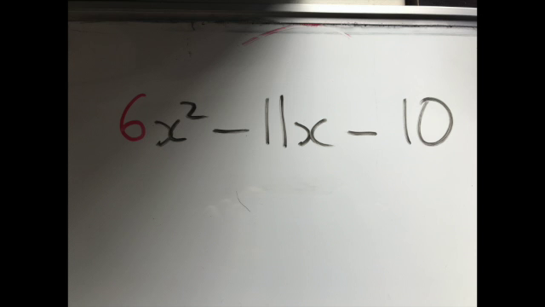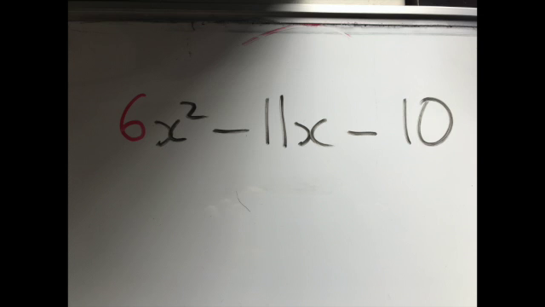I'm going to show you two different methods of factorising the more difficult type of quadratic. That is the one that's non-monic. In other words, it has a number bigger than 1 in front of the x squared. Now this complicates things because not only do we have to think about the factors of the end term, 10,